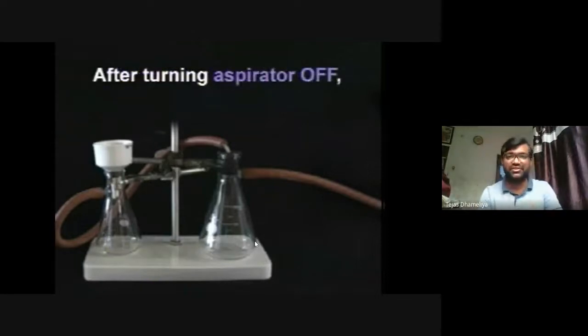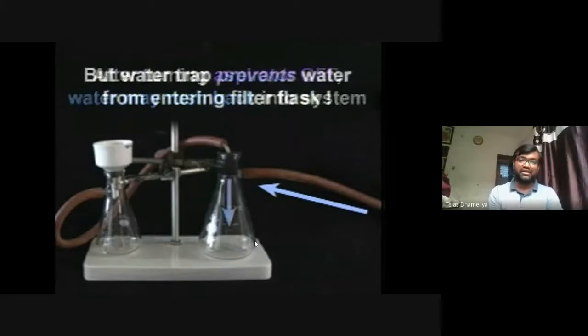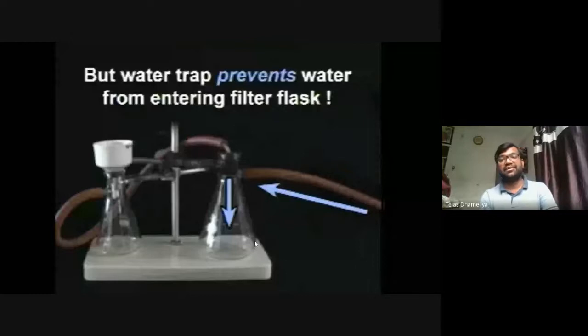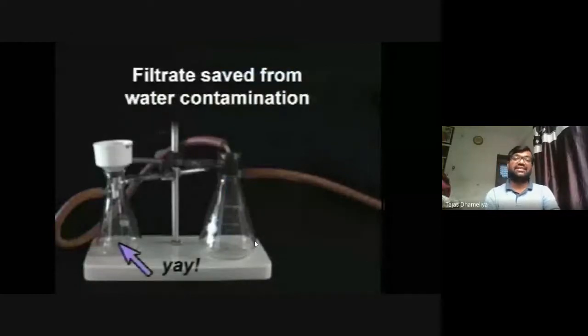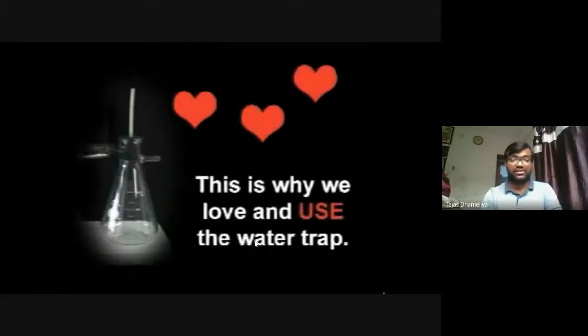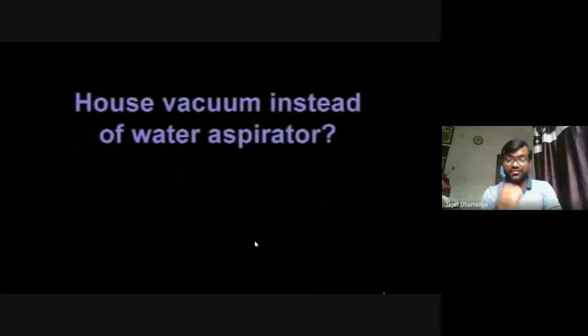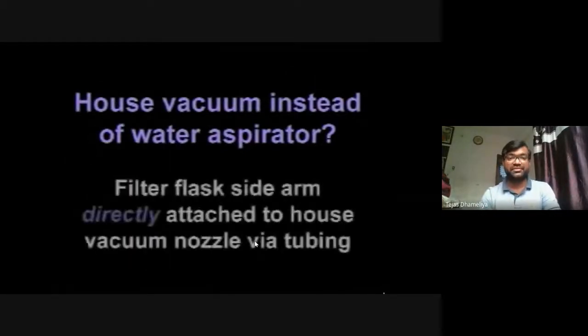बाकी instrumentation का थोड़ा ध्यान रखना है. We have to check whether there is leakage or not before we add our sample on the flask. Okay, so the water trap basically will prevent the filtrate from water contamination. Okay, so now you can see how this is actually more important, because एक बार आपको समझ में आ गया कि how to do filtration, then you will be more used to vacuum filtration. Okay.